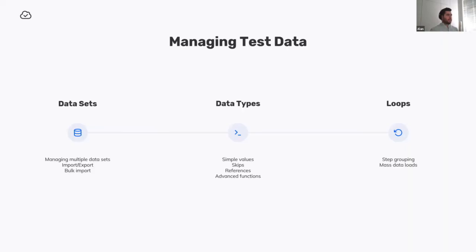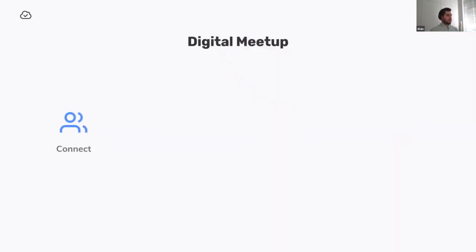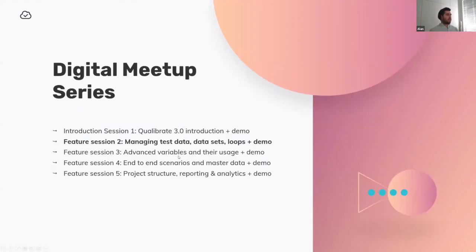As a next step, guys, one of the things that we're going to show in the next sessions, we want to cover another concept, which is called advanced variables. This sits on top of the data sets, the concepts that we showed today. This is actually a fifth option on top of the advanced functions and the advanced references in datasets. We introduced in Qualibrate the concept of variables, which gives you an additional dimension that you can add into your project to manage cross-project, cross-flow and cross-scenario variables.